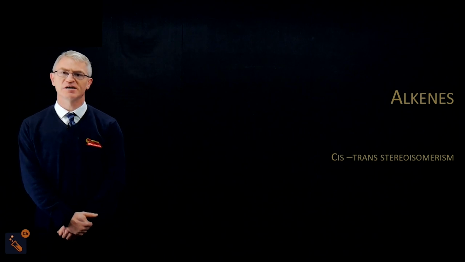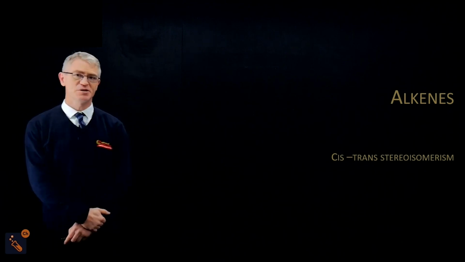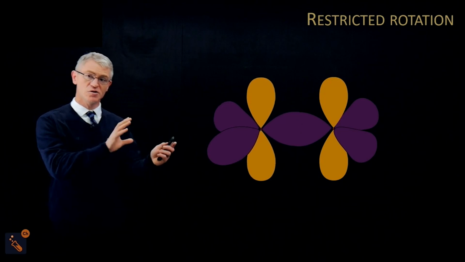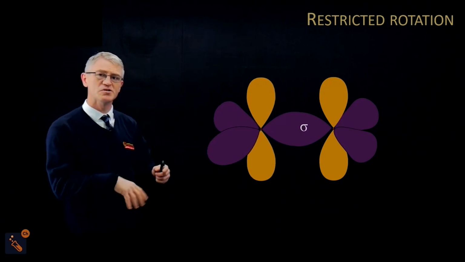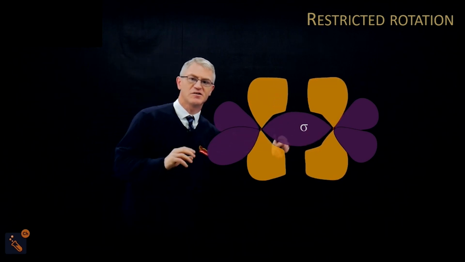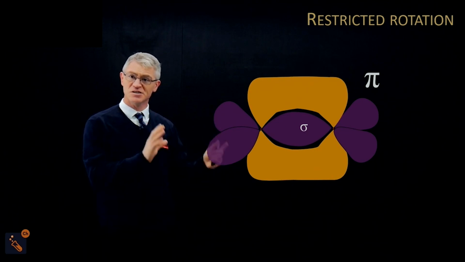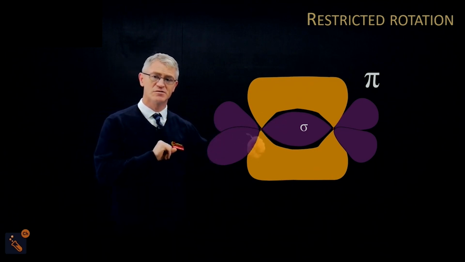In this video, we're going to talk about cis-trans stereoisomerism, how to draw them and how to name them. Now, in the first picture we're going to show you, you can see these lobes, which are basically orbitals that are overlapping from two carbons. So this is a carbon here and this is a carbon here, and they overlap to form this sigma bond in the center. Now, you just need to know that that sigma bond is a single bond,